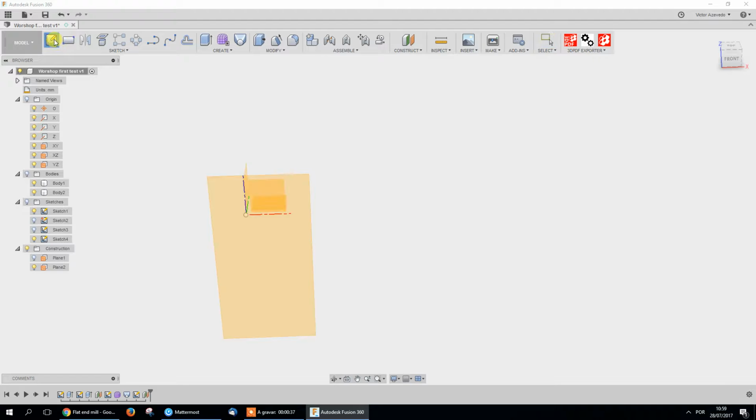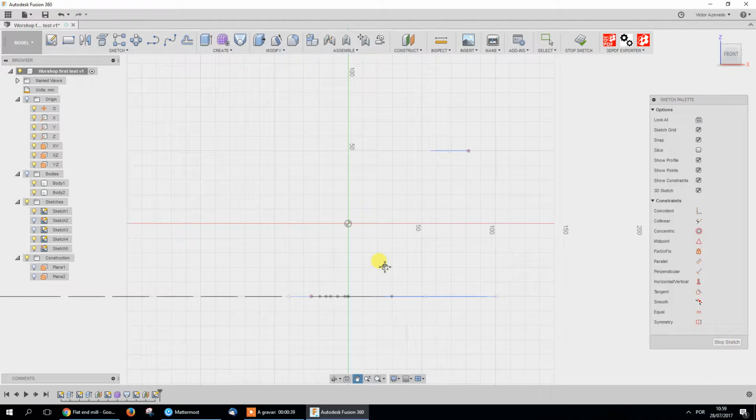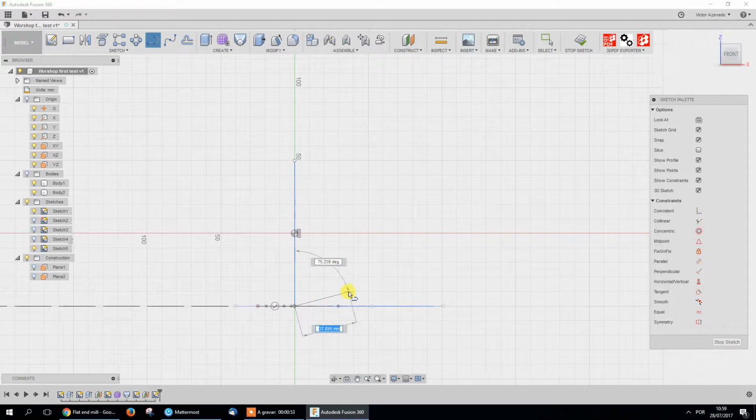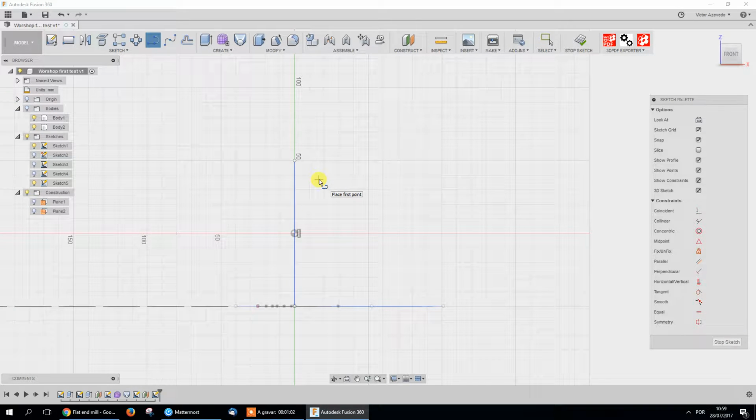Let's create a new sketch. And this sketch, I want, so I'll create a line. It's good to have a straight line in this case. You'll see later why. Then